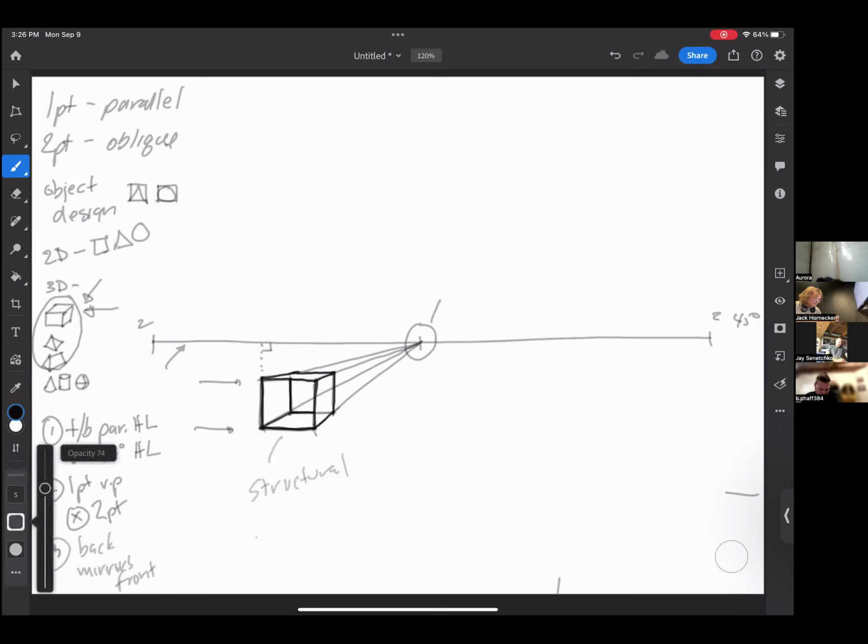Now, the nice thing about perspective, because of rules, is that it allows you to draw imaginarily. This object, an object that is below the horizon line, is going to be easy. That's what the universal check mark stands for. What I mean by easy is that it's going to make sense to your brain. Most of the stuff that we interact with on a day-to-day basis is below our eye level. The desk that you're sitting at, the computer that you look at, the car that you get into, the chair that you sit down on, the table you eat off of, we're always looking down on stuff.